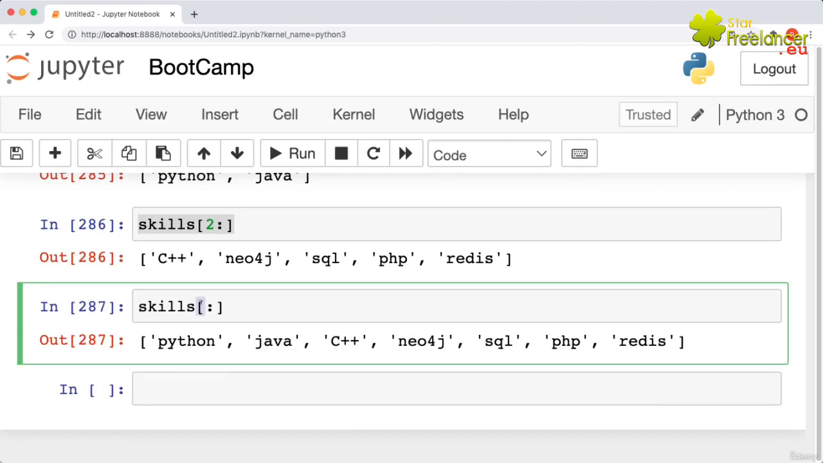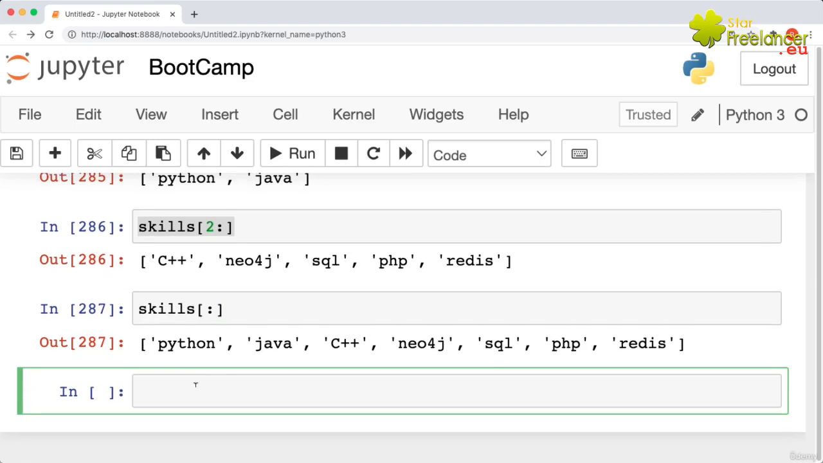So note, where there is nothing here before the colon, it means start from the beginning. Where there is nothing here after the colon, it means get to the end. Now let's do one trick. If I give you something like this, I say,